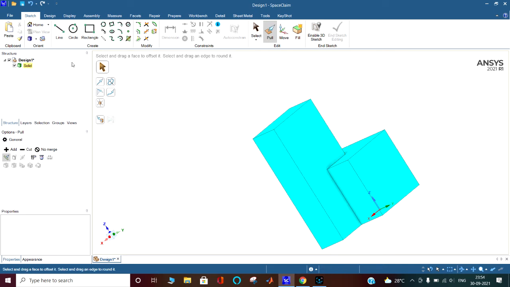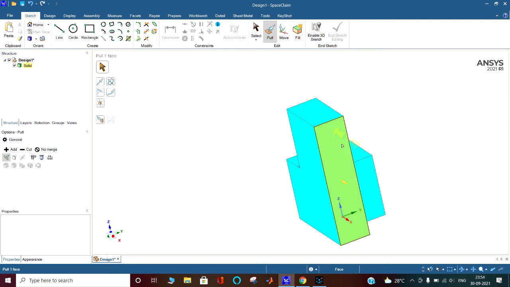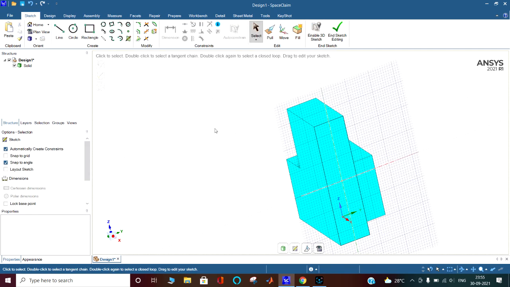I forgot to show you, when it is in the sketch mode, its icon will be different. Okay. At the same time, if you see at the bottom, this is called the status bar. Whatever you do, a message will come here. For example, I am again selecting this, I am saying design sketch mode. I have said sketch mode, so the sketch mode came on this surface.